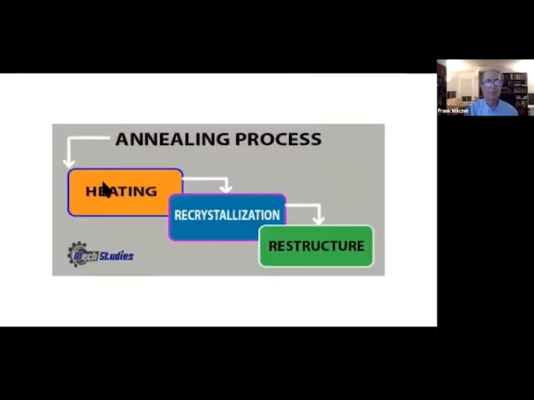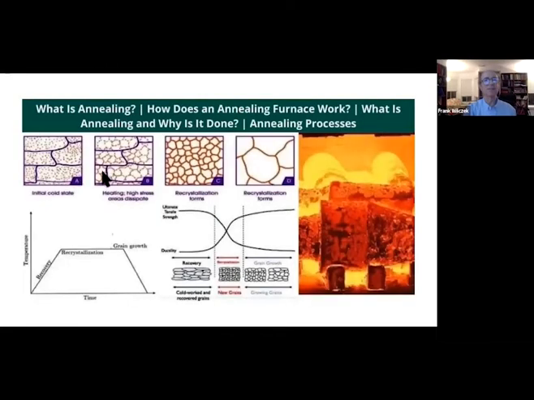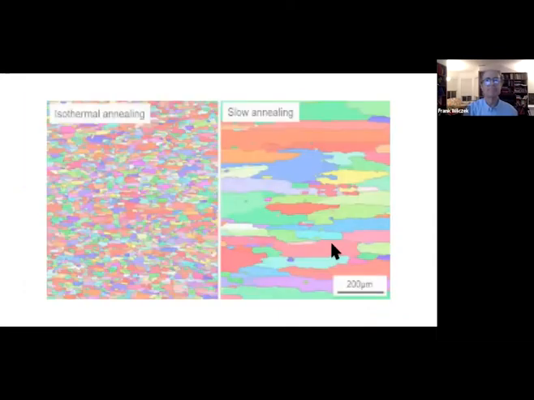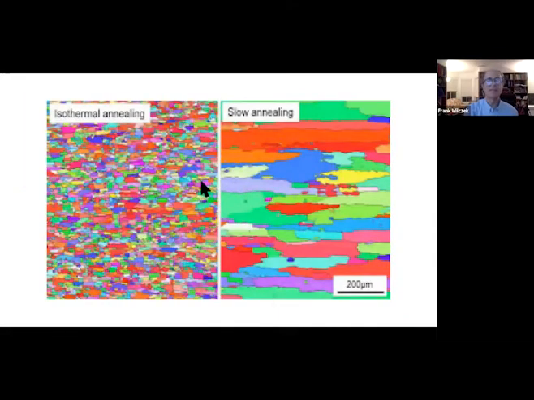So the annealing process in metallurgy is you take your metal, heat it, allow it to crystallize, and as it cools, restructure in a better, more perfect form. Here's a picture of what's going on at the micro level and what it actually looks like at the macro level in an annealing furnace. And here's the result. If you do a nice, slow annealing, so you don't take away energy too fast, you get much clearer, nicer structure with bigger domains that are coherent than if you do it too fast.